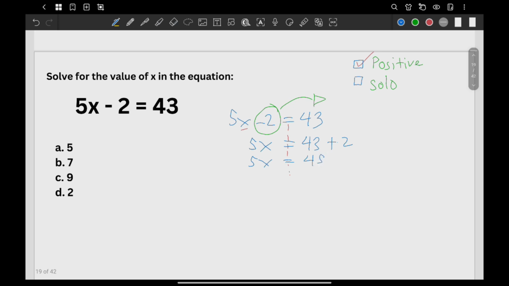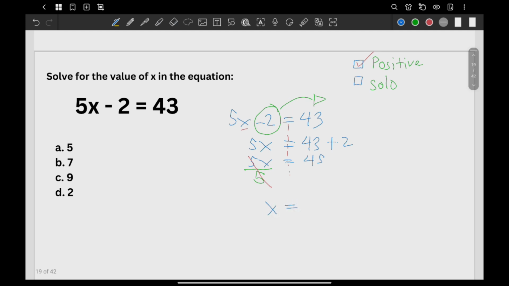Now are we done already? You check. Is the variable x already solo on the left side or on one side? It's not yet solo. Sir, why? Because there is still the 5 beside the x. What do you need to do? We need to remove the 5. Sir, how? Well, if you divide the 5x by 5, what will happen? The 5 will be cancelled out, and what will be left here is only x.